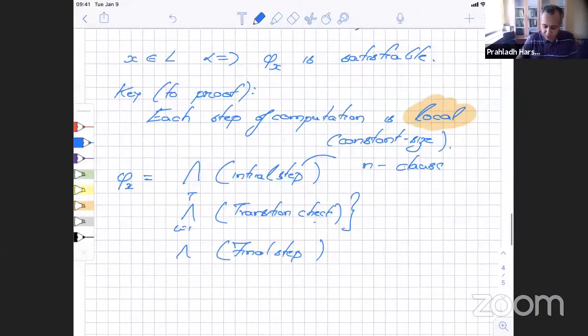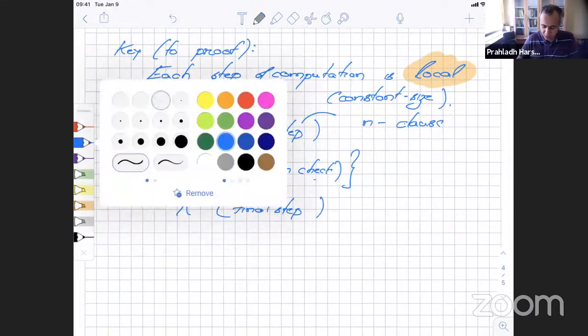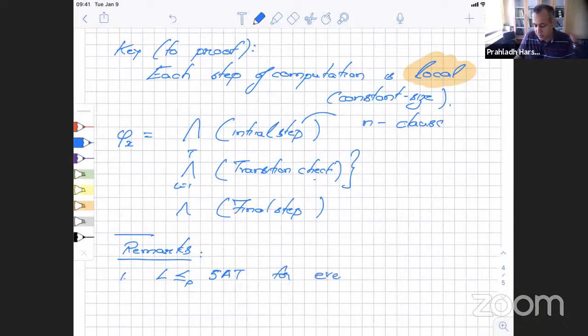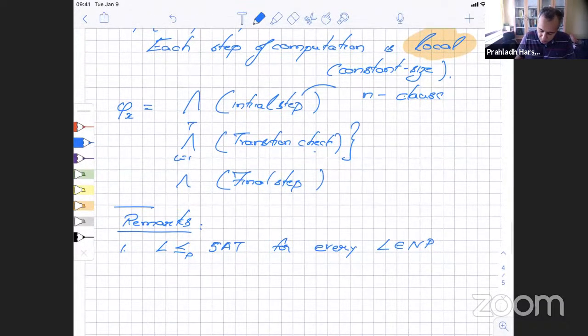In fact, if you stare at this proof carefully, what we have shown is one of the remarks I wanted to make. The proof is a little more general than what we wanted to say. I wanted to do it later, but let me make the remarks right now. What did we say? We gave a reduction from L to SAT for every L in NP. But actually, the proof shows something stronger. It is a reduction